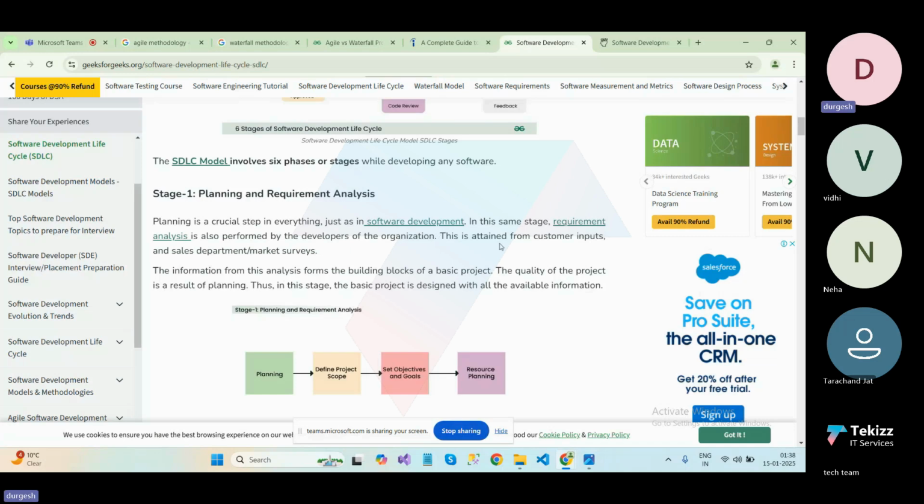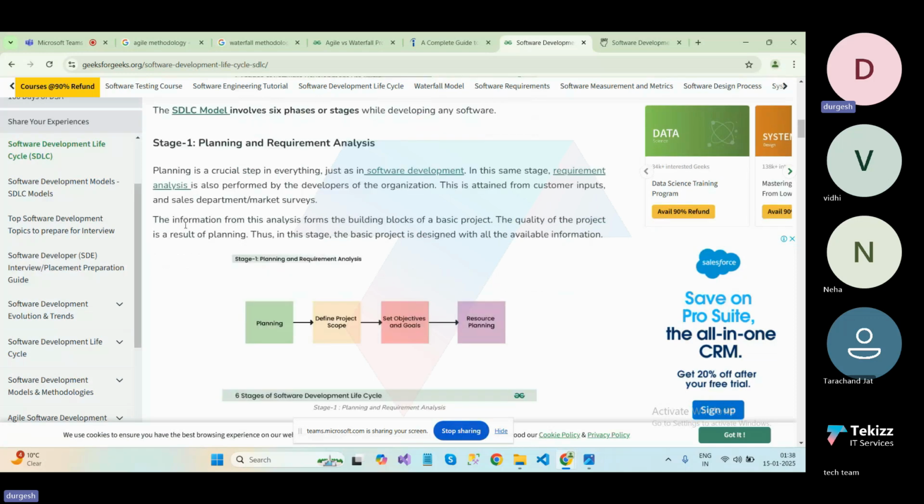This takes customer inputs and sales department input, like market surveys. The information from the analysis forms the building blocks of a basic project. The quality of the project is a result of planning. Thus, in this stage, with all the available information,